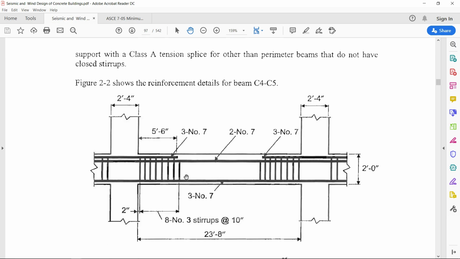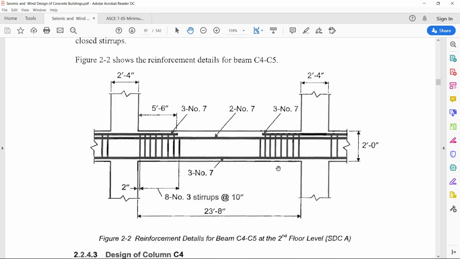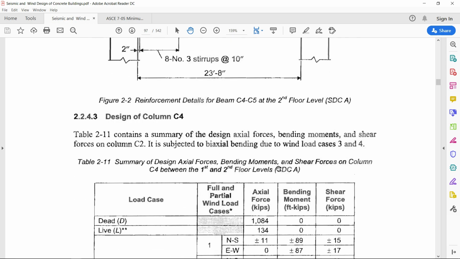Here is the figure showing it, and of course this sort of curtailment is not shown in that much detail, but normally what we do, instead of providing that much curtailment, we provide a throughout bar from one end to another end. Instead of saving some amount of steel, we provide the steel and then save the work time. Then the column is C4, again between